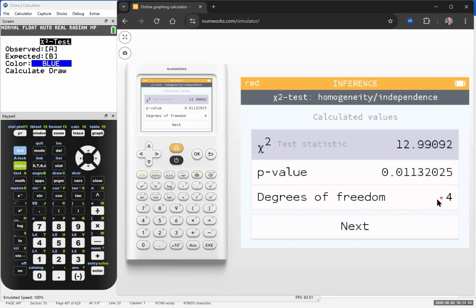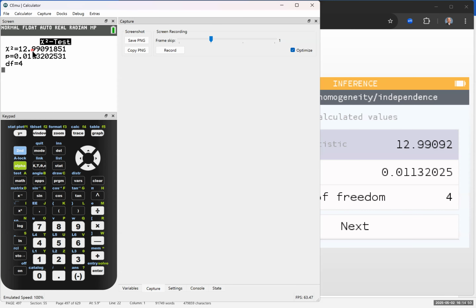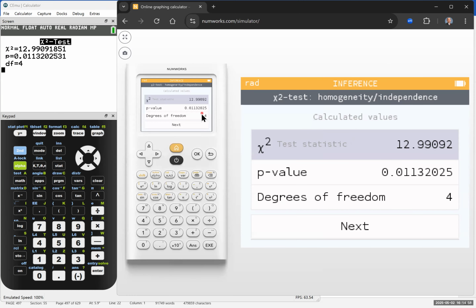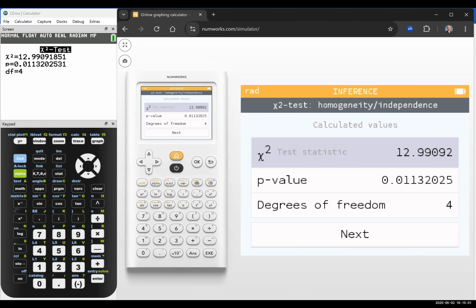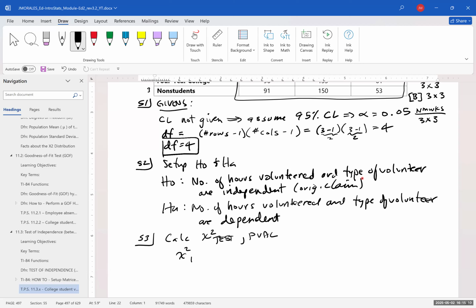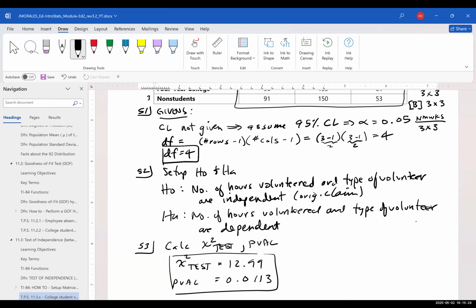Let me come over here. Our degrees of freedom was 4. That's what I calculated. Let's go over to the Texas Instruments, 12.99, 0.011, degrees of freedom 4. Okay, so both of those look pretty good. So let me write that down. 0.0113. Okay. So our test statistic is 12.99, and the p-value is 0.0113. All right, let's go to the next page,